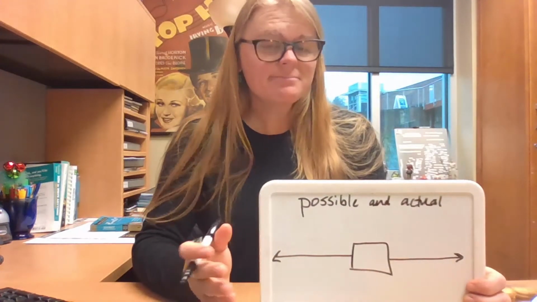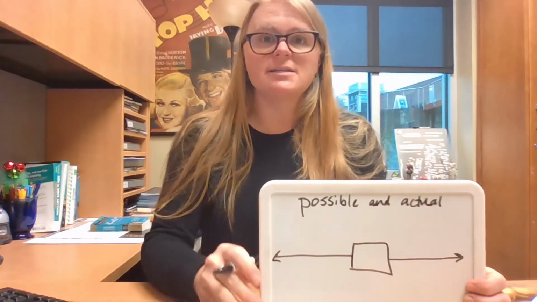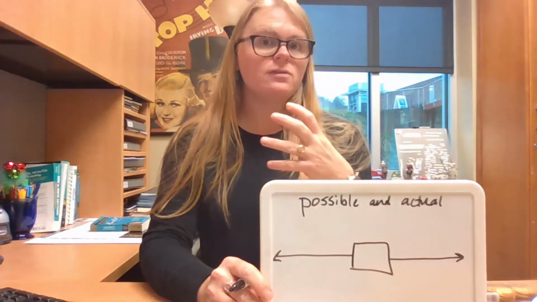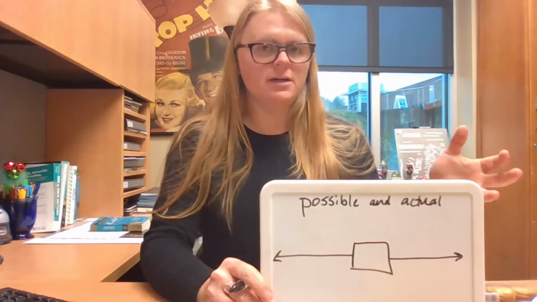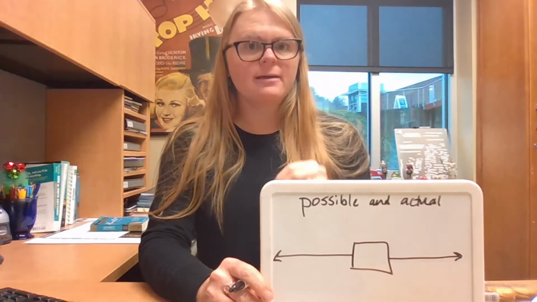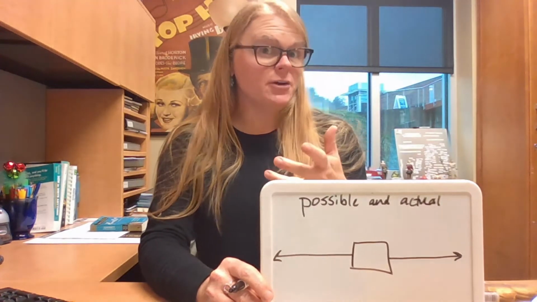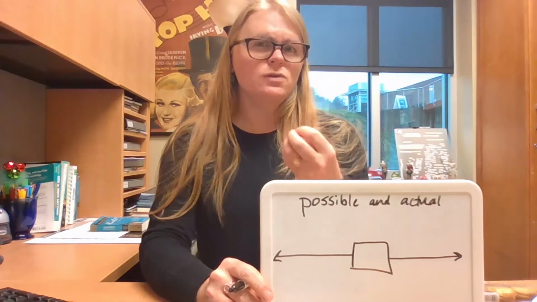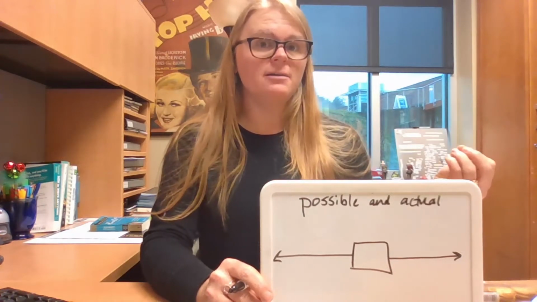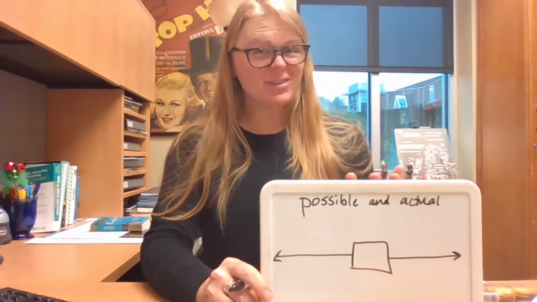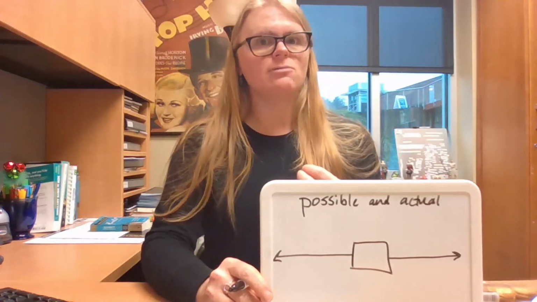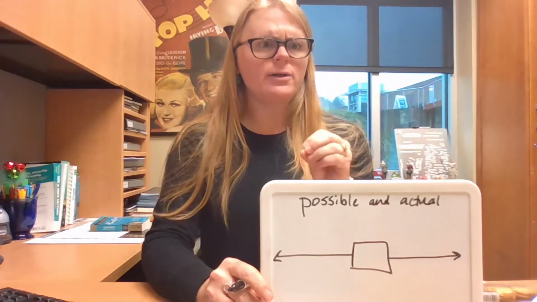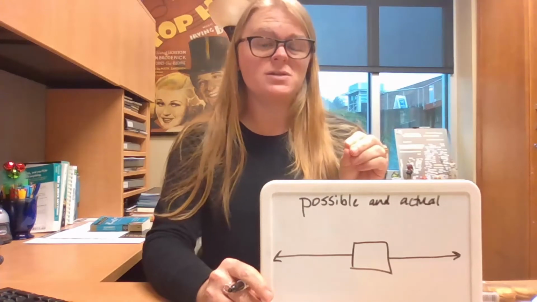Both are valid. So the example given in the textbook is a flood that is caused by a dam that breaks. So the actual causes of this flood are the dam breaking, using bad materials for the dam, not using correct geological surveys, whatever. So those were the actual causes of the flood. But as a critical thinker, it makes sense to start considering, well, what are some possible causes? What could we go back and really start thinking about in terms of, well, maybe this did contribute, even if just a little bit.